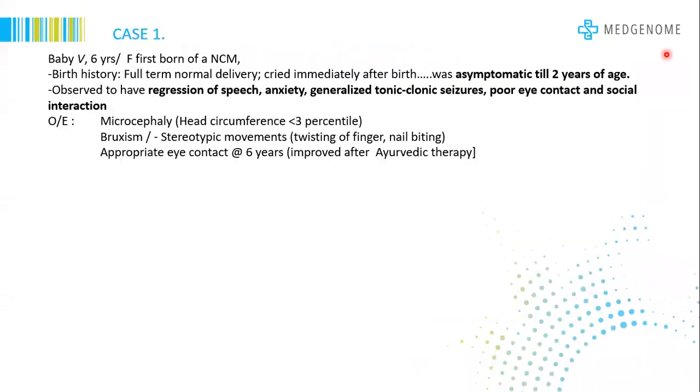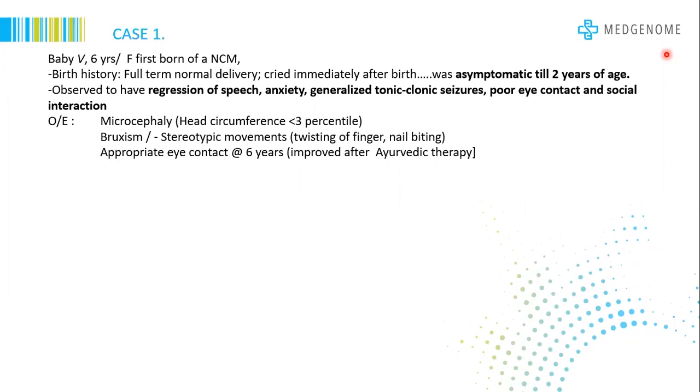So I will take you along for 2 or 3 cases in which different tests are required. So this is a 6-year-old child, full-term normal delivery, was asymptomatic till 2 years of age, and then was found to have regression of speech, anxiety, tonic-clonic seizures, poor eye contact, and poor social interaction. And examination showed that the child had microcephaly and very typical stereotypic movements of twisting of fingers, nail biting, and